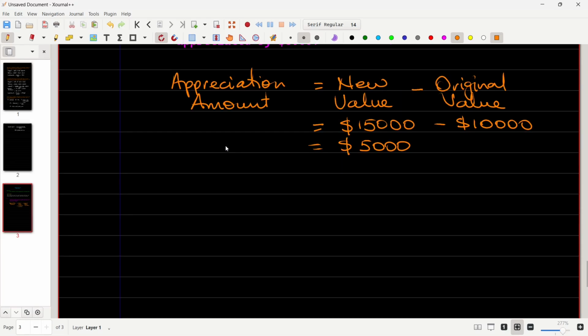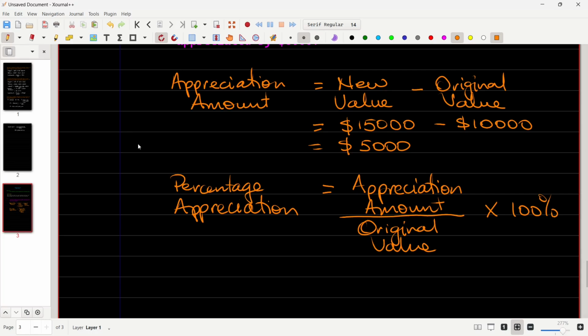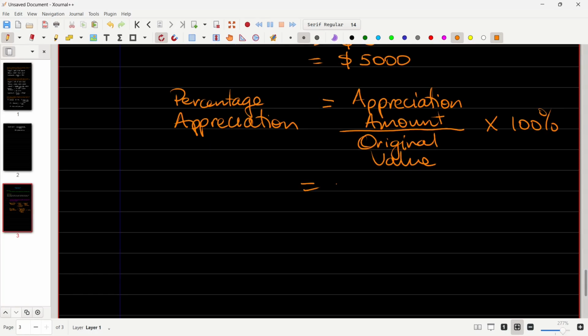The next thing that we can work on is the percentage appreciation. The percentage appreciation is the appreciation amount divided by the original value, times that by 100%. And the answer we would get is as follows. We get the $5,000 appreciation that we just had divided by the original value of 10,000 and then multiply by